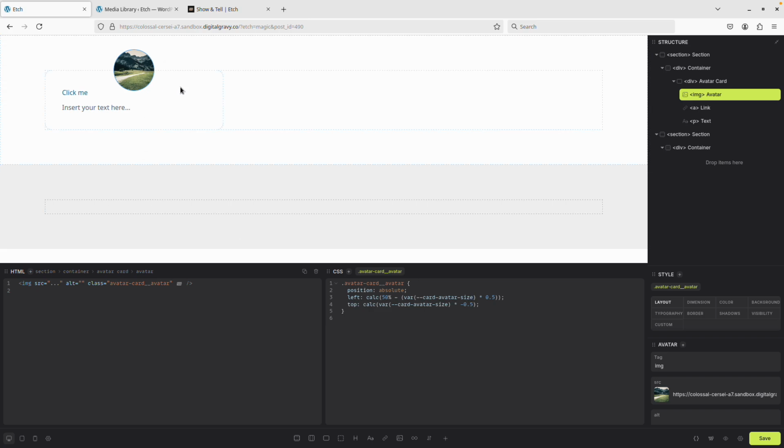That's the size of our avatar, and so we want to calculate 50% minus half of the card size. So the card size times 0.05. And then top is a similar calculation where we're doing the card size times negative 0.5, which will give us a negative number, which will move it up half the distance of the card, or half the width, height of the avatar. Okay, so now that that is in place, we can start working on